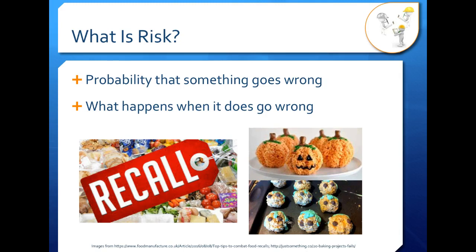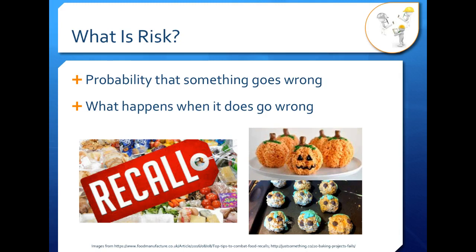Risk is the probability that something is going to go wrong with your food, which could be making people sick, in a recall, or it could be that the quality is lower than you wanted, or it could be deciding to make a new food product and then realizing that this doesn't sell the way we thought it would, so we're losing money. And that probability is combined with what happens when it does go wrong. So maybe you do have a recall,